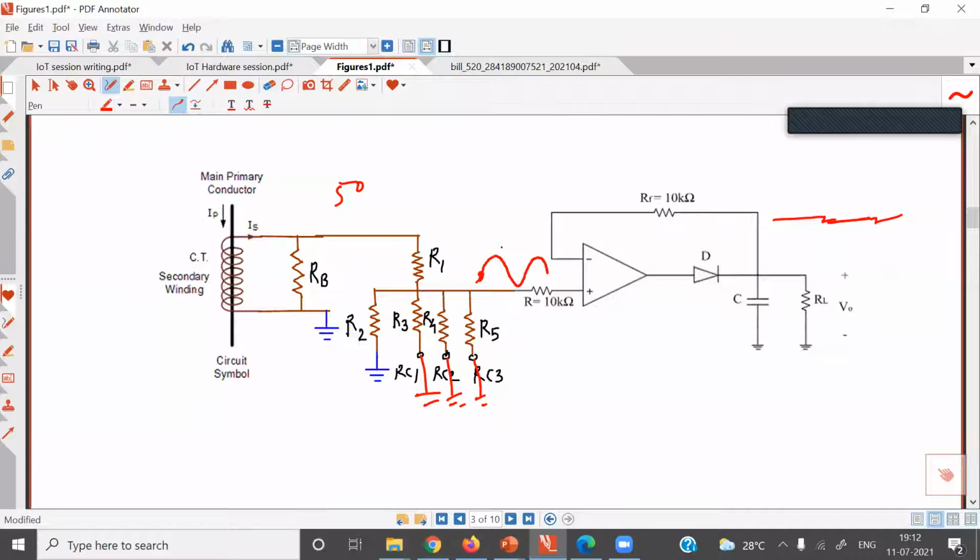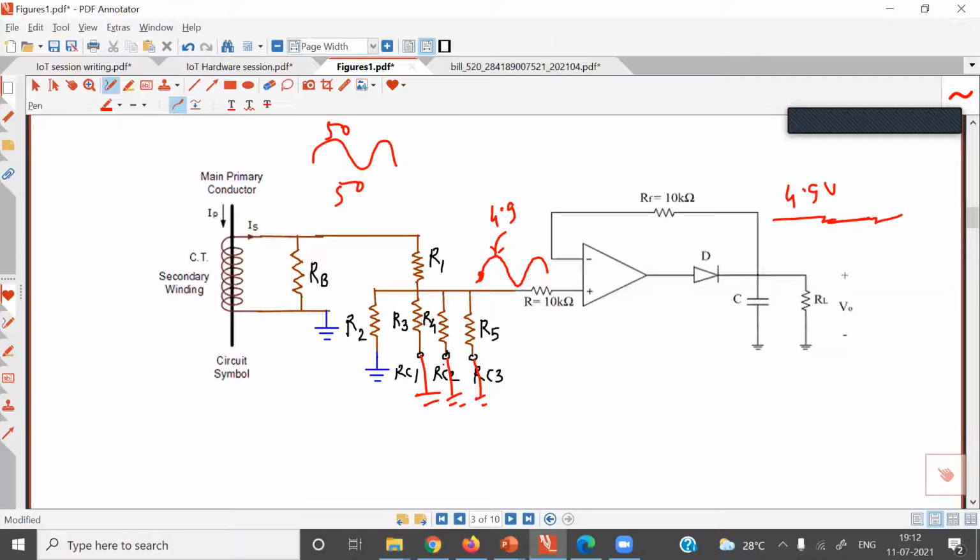Let me show. Suppose peak voltage is coming here. We get here AC voltage. Here the AC voltage may be large. For example, peak voltage here is 50. With the help of this voltage divider, suppose we have brought it down to 4.9 volt here. Peak voltage is 4.9. So at the output of the peak detector, we get a peak voltage similar to the peak voltage on the input side. So we'll have here 4.9 volt.